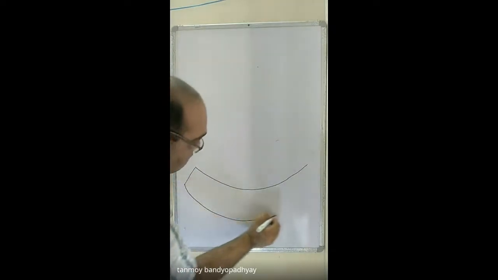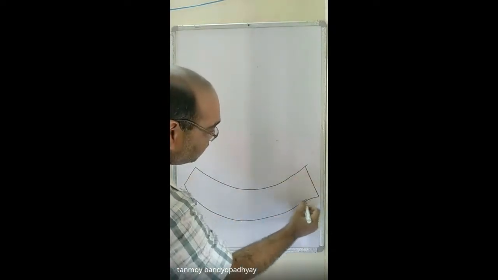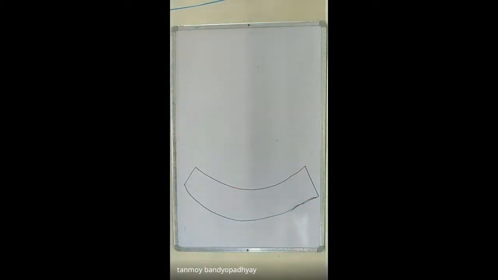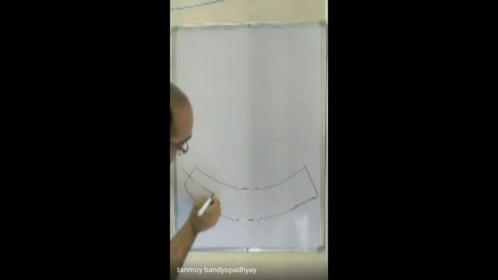Let's draw it at the bottom because I won't be reading the top part. So a beam has been bent. Initially it was something horizontal, now it has been bent. See, they have drawn the neutral axis. We don't know where the neutral axis will lie, but let us assume that there is a neutral axis.